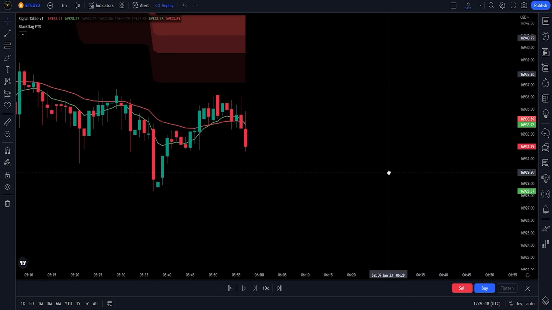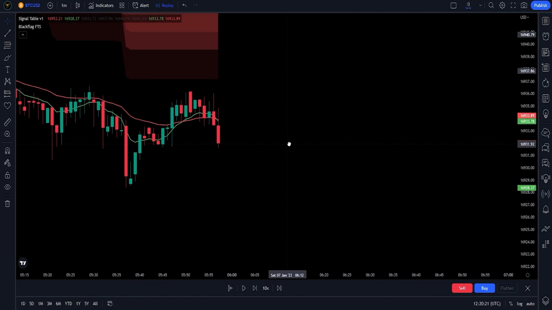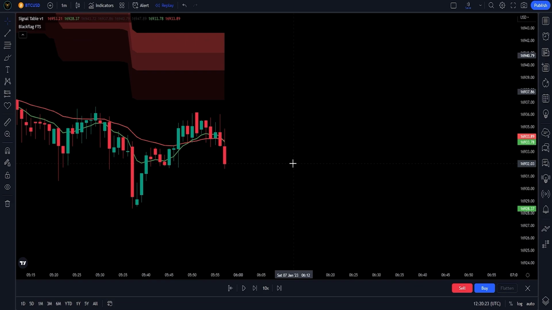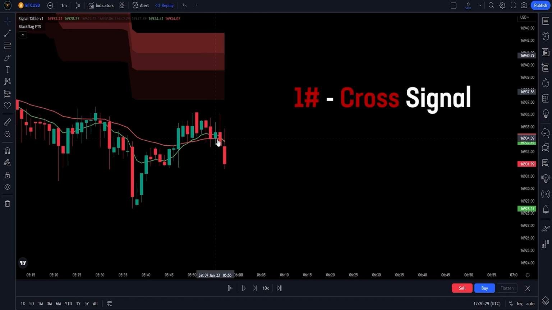Just like with long trades, we also need to follow our 3-rule strategy while entering our short trades. So, let's quickly recap what rules we're using for our short position. Rule number 1, wait for cross signal. In case of a short trade, we need our red EMA line to cross our green EMA line upwards, just